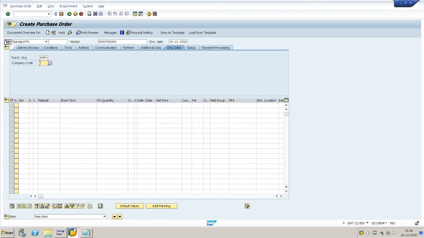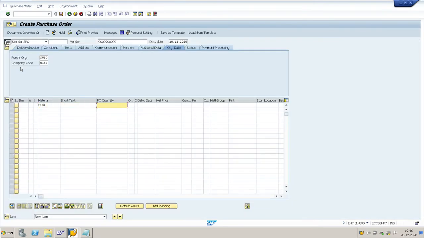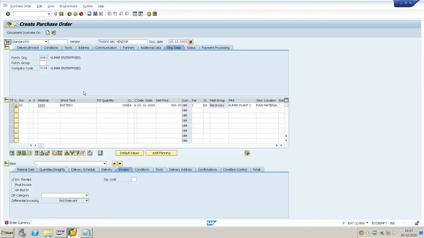Purchase organization, company code, material, plant, we will give storage location, the currencies. System will process, purchasing group.